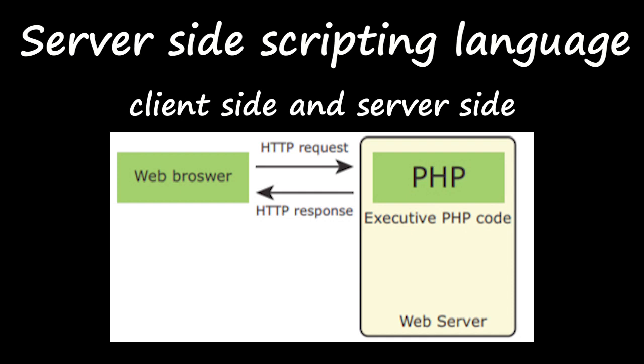See this diagram, they have given web browser and first what? HTTP request and then HTTP response. As I said, request and response are there, right? For this PHP, we will have executable PHP codes in the web server. As I said before, this PHP will work on the web server only, right? So inside this web server, this PHP will be there and the codes will be executed, and from there to the web browser, the HTTP request will be sent and the responses will also be taken.